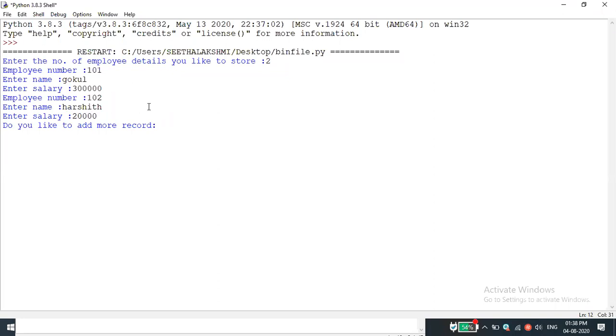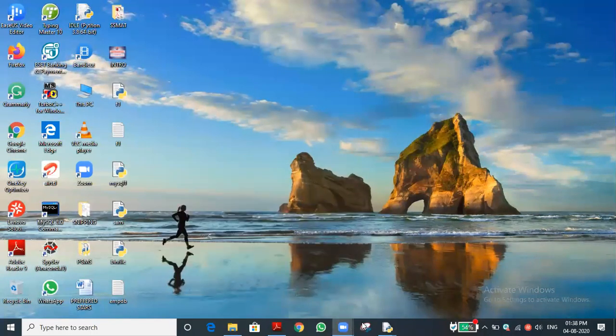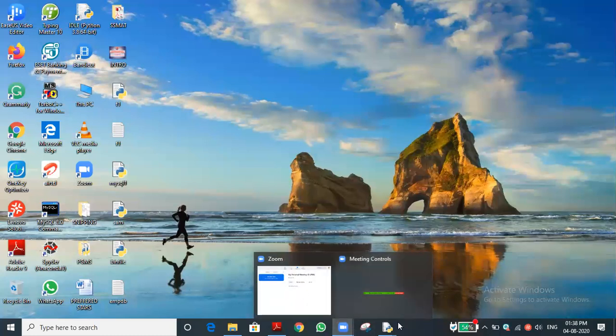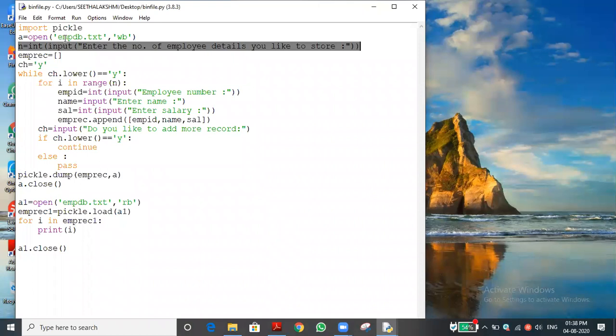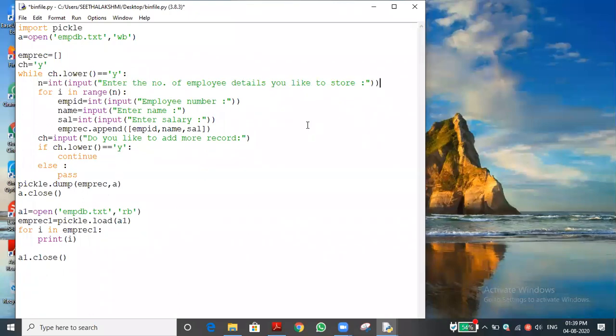So it is asking, do you want to add record? For example, I'm just giving Y. Then it is asking employee number. How it is running? We want to know it. Again, n time it will read. Have you understand this under one if statement? We need to give again, or each and every time we need to give Y. So we need to cut this one, and inside the loop, or else inside the while loop, we need to give. Okay, so now it is okay.